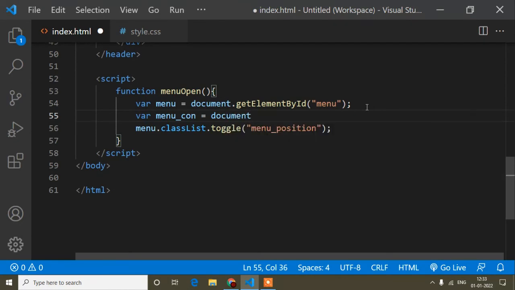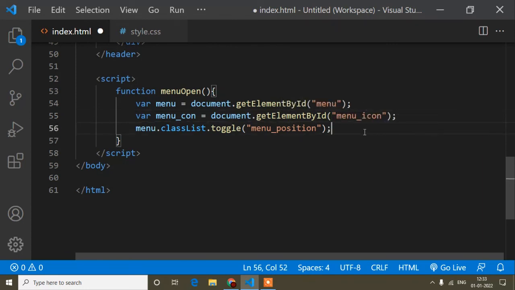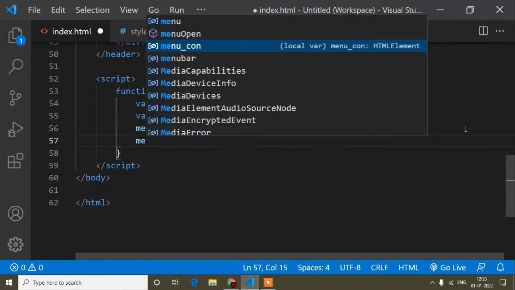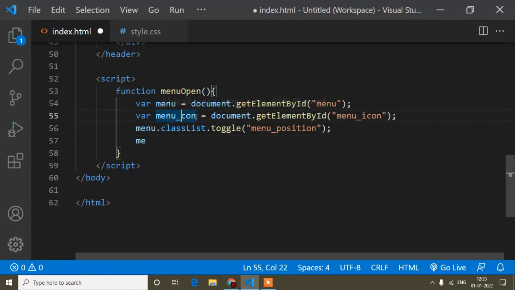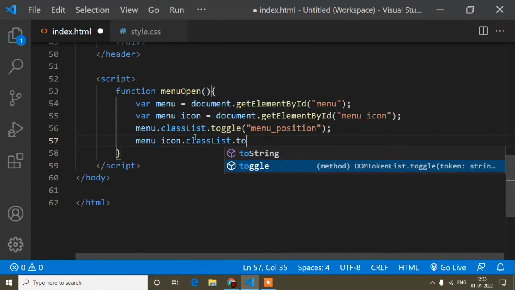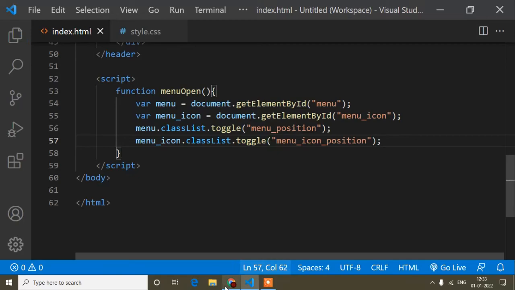Same way document dot getElementById, the id is menu icon. Okay, variable name should be related, so menuIcon dot, same way I will add toggle class. So dot toggle, and the class is this one, menu icon position. Save.